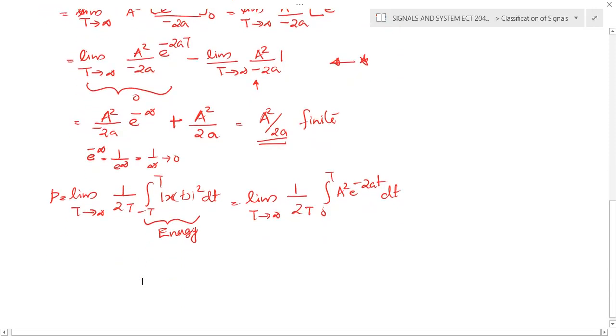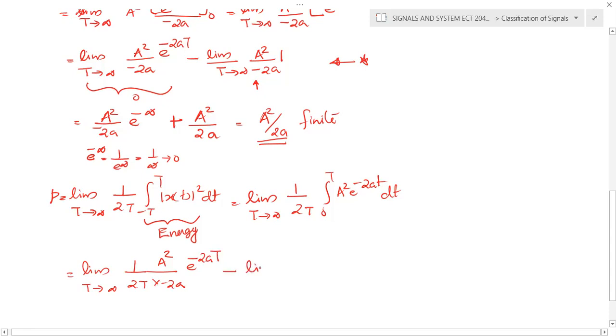If you substitute the result, you will get limit T tending to infinity, 1 by 2T, and the remaining I can substitute, which is a square by minus 2a into e raised to minus 2at,